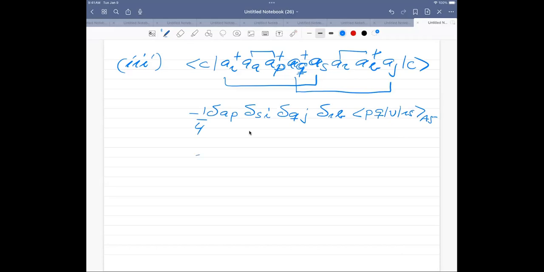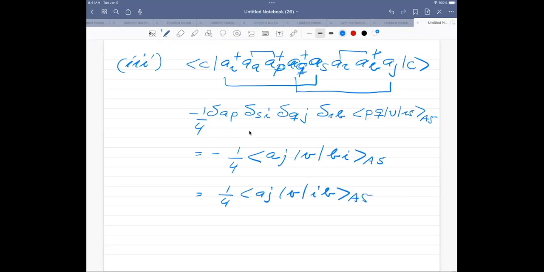So if I plug in things, I would get minus 1 divided by 4, and then I'm setting up the matrix element, and then I can rewrite this one in terms of an A here, and then I have a J. This is the anti-symmetrized matrix element, and then I would have R, which is equal to B here, and then S, which is equal to I. So I could have a B and I here, anti-symmetrized. Now, if I don't want to have the minus sign, I can change this by just interchanging two of the states. So I could get a plus 1/4, and then I can have <AJ|V|IB> here,